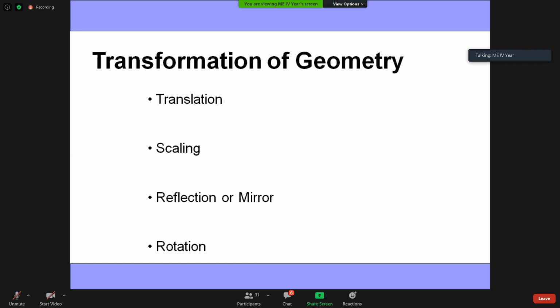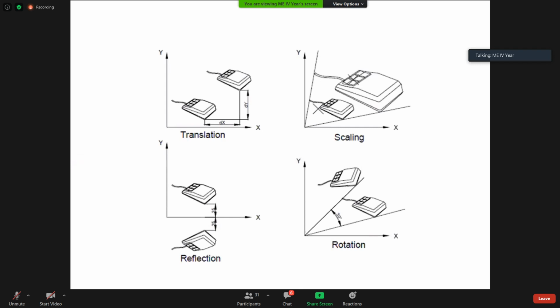So this kind of rotation, generally, what is the purpose of rotation? We want to know the exact feature. Suppose I'm seeing you like this, whenever I'm in front of the screen, and I want to see my left side, I have to turn like this. So like this, we can rotate any model according to our convenience. So this is nothing but the rotation. Graphically, these four things are represented like this. Just you see. Right? Will you accept all those things?